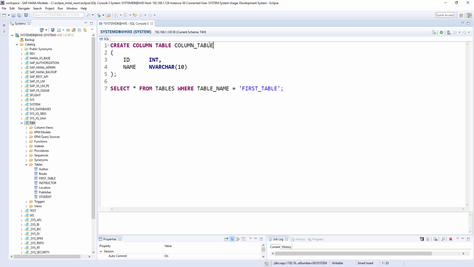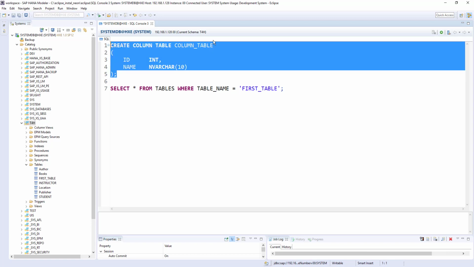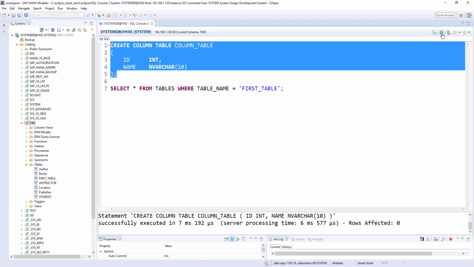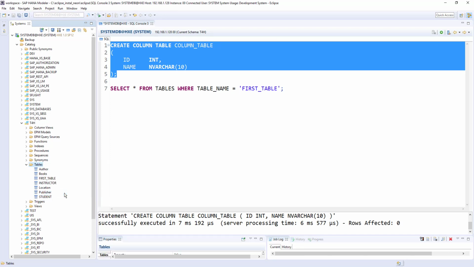I'll use column table, and if I run this command, successfully created. Refresh, here is the column table. If you observe the icons of these two tables, the first table and the column table, in the first table the horizontal row is highlighted in the middle, and in the column table the middle column is highlighted.